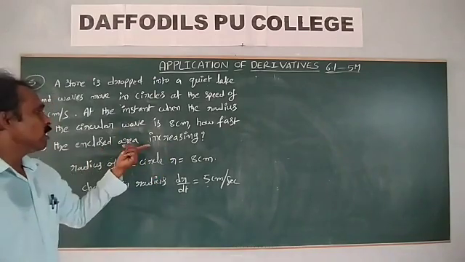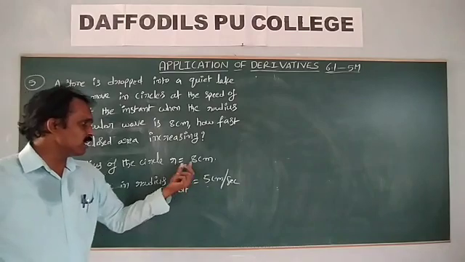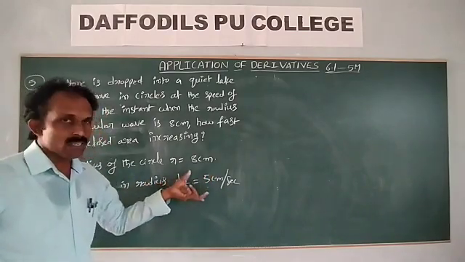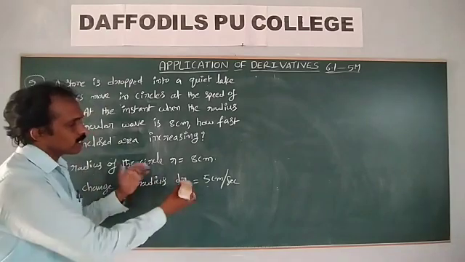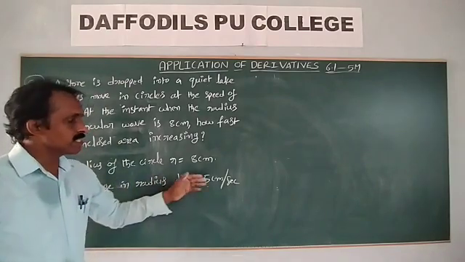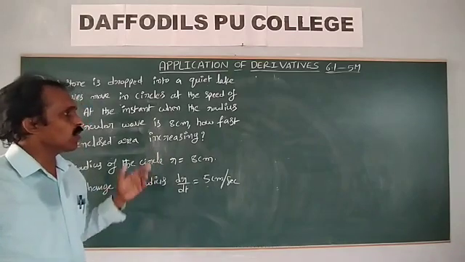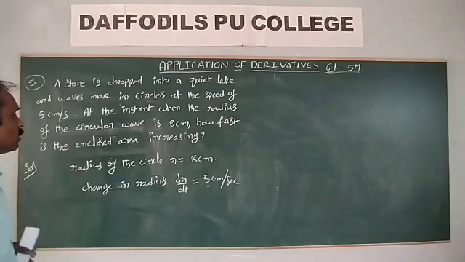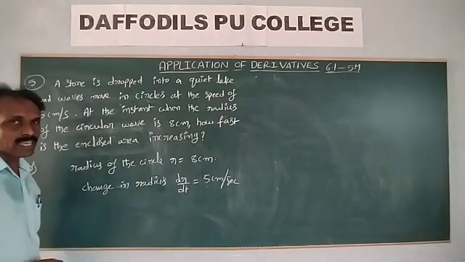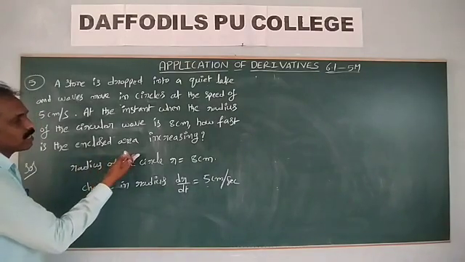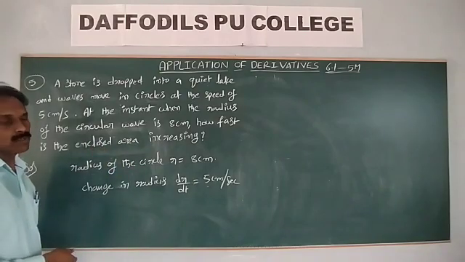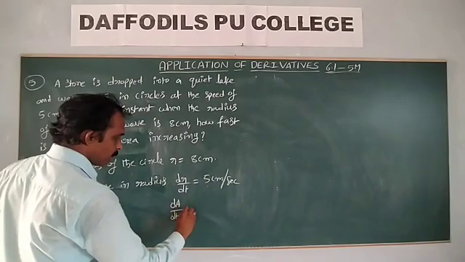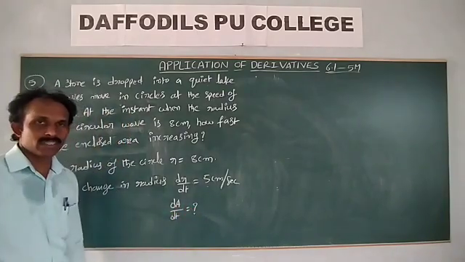So this depends on the area, how much the area changes. Originally the radius is 8 centimeter. Suppose the radius changes per second, then automatically the area also changes along with the radius. How fast is the enclosed area increasing? That is, how much is the rate of increase in area? You will find dA by dt. dA by dt is question mark.